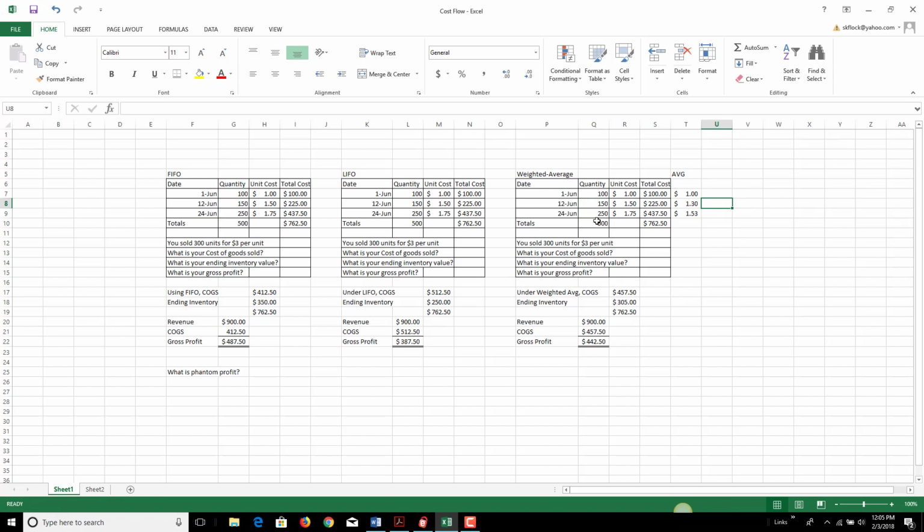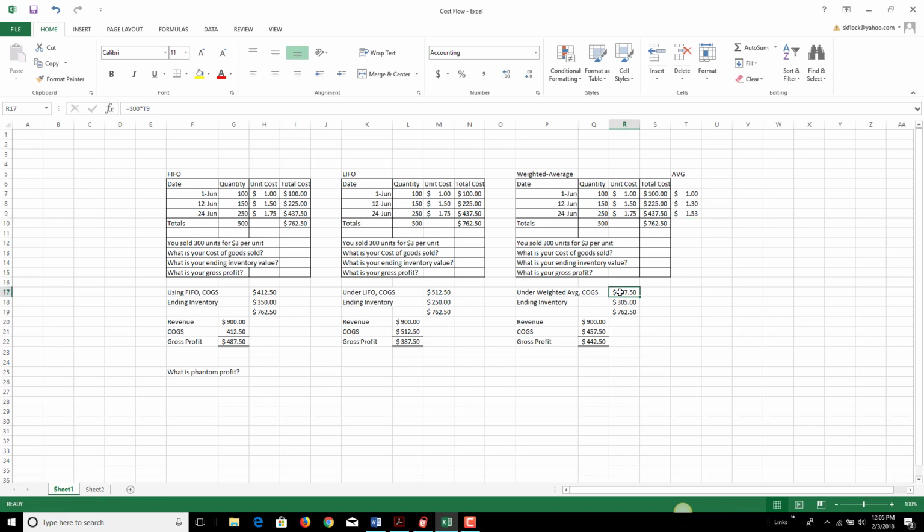And then the last one, so now I have a total of 500 units, and I paid a total of $762.50. So if I take my $762.50 and divide it by the 500 units I purchased, that gives me a total average cost per unit of $1.53. That's what I'm going to use for both my cost of goods sold and the ending value of my